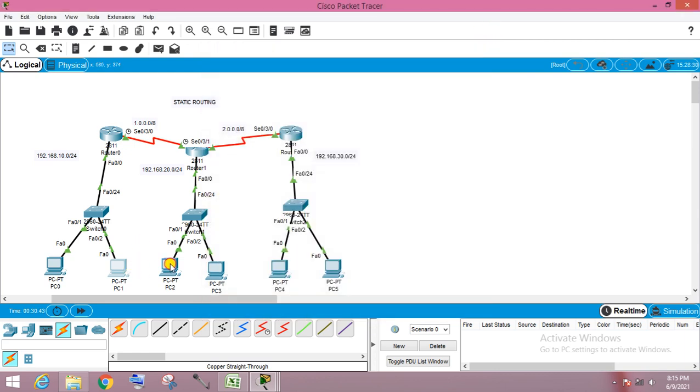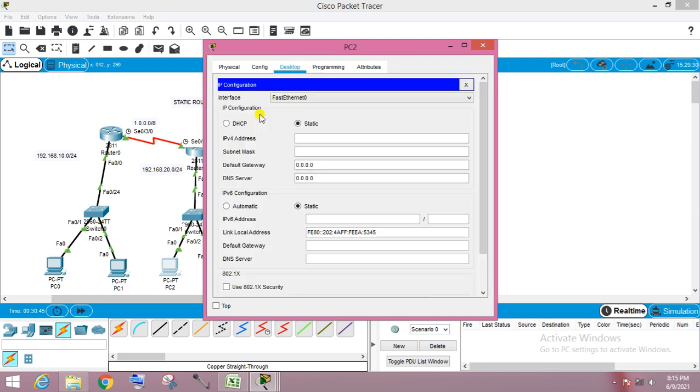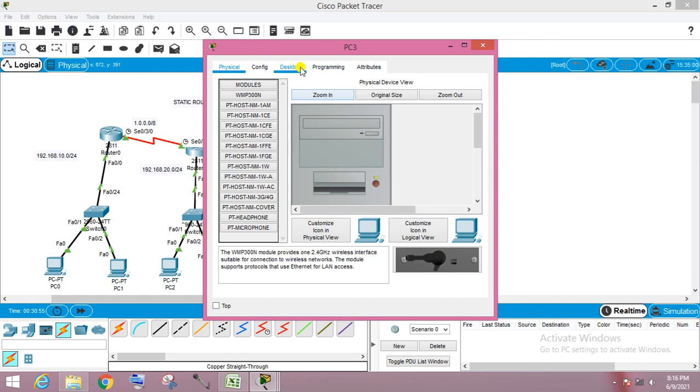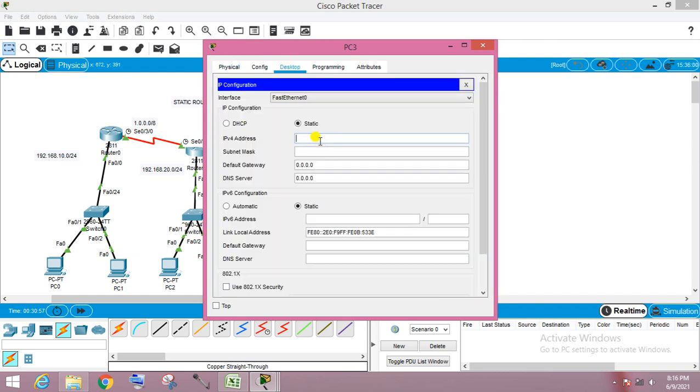Okay. For this PC, same thing, 192.168.20.3. Okay. For this PC, 192.168.20.4.